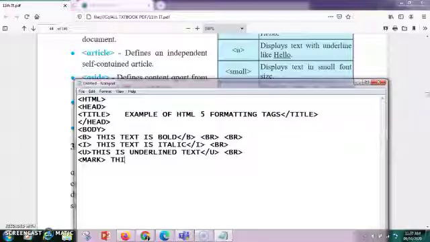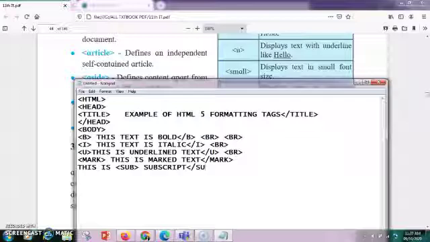This is marked text. We'll write it in this manner, and then end the mark. Next we have the superscript and subscript tags. This is how it's written. This is sub. If you want it to be down, you write it in sub, that is subscript, and I'll end the sub.